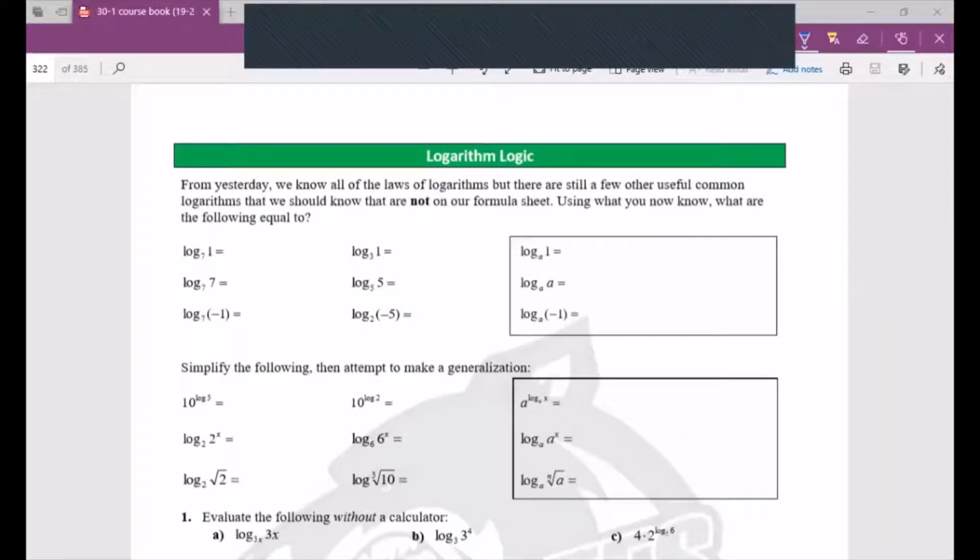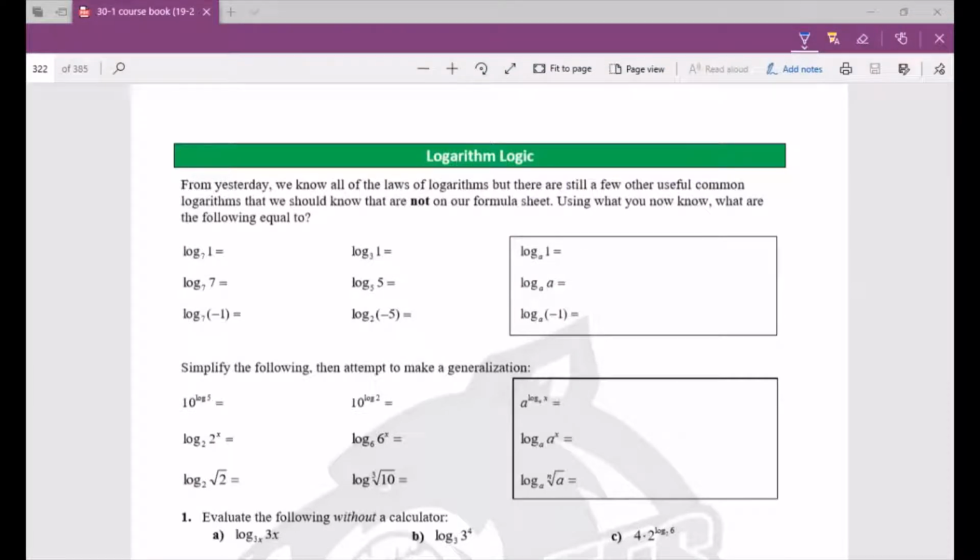All right, so we are in your workbook. This is the section called Logarithm Logic. We've been calling this, I guess we're up to 5.6 right now, Logarithm Logic. So this continues on from the logarithm laws that we looked at in the last couple of lessons. And those logarithm laws state that,